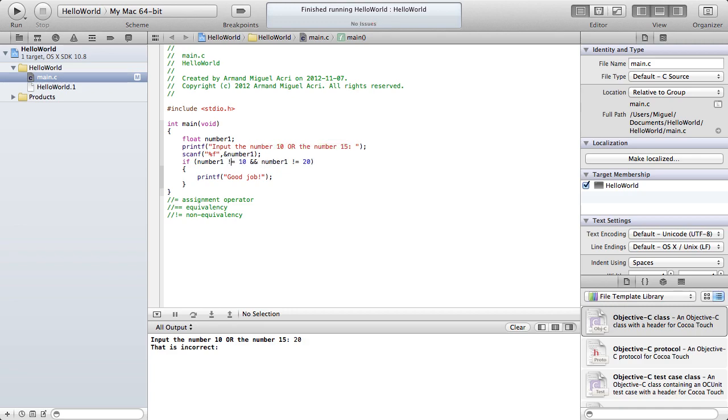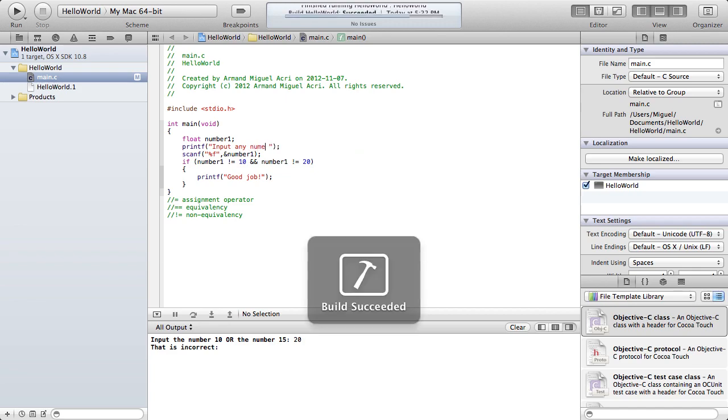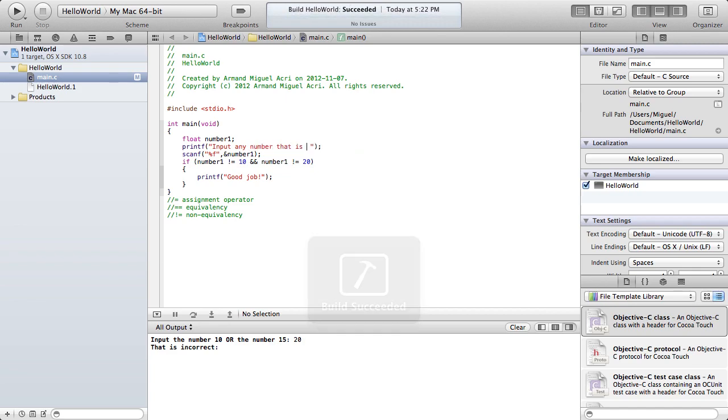Or alternatively, if the number is not equal to 10 or 20. So the question can be any number that is not 10